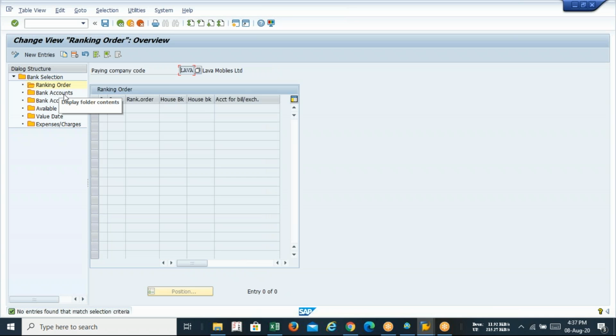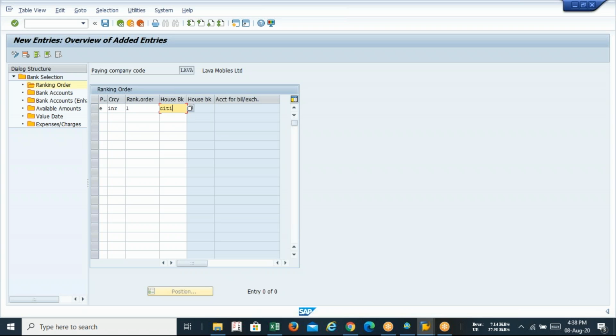You know I have two house banks. So here I have to put the rank for my house bank. If I am going to make the payment from my bank account, which will be my first selection? That is the rank order. So new entry: payment method will be E, currency will be INR, rank order 1, house bank city.